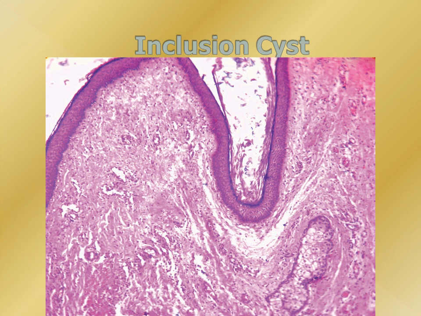So this is a photomicrograph of the inclusion cyst. You can see that there is a continuation of the squamous epithelium and suddenly it dips downward, and ultimately when it dips downward, the upper end of this these invagination they fuse together and result in the formation of a cystic space, cystic cavity, and this cystic cavity it becomes filled with the keratinous material. So these are the inclusion cysts. और inclusion cyst की सबसे